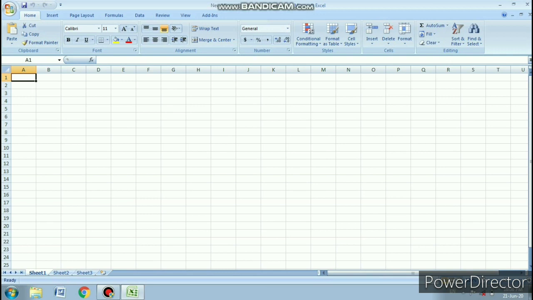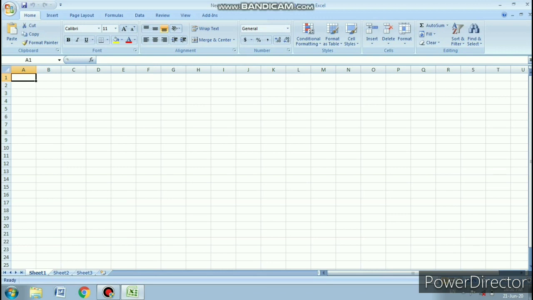In MS Excel, a cell is a rectangular box. You can see this rectangular box. A cell is a rectangular box that occurs at the intersection of a vertical column and a horizontal row in a worksheet. So whatever you type, it gets stored in a cell.